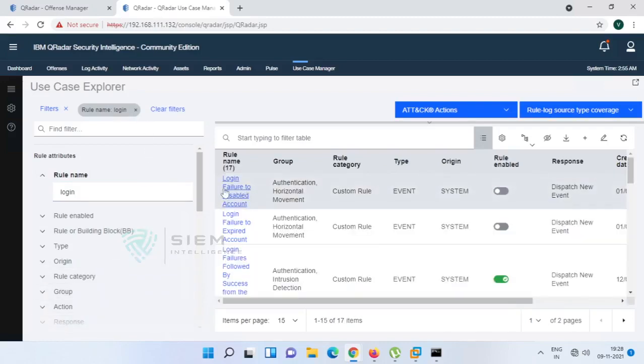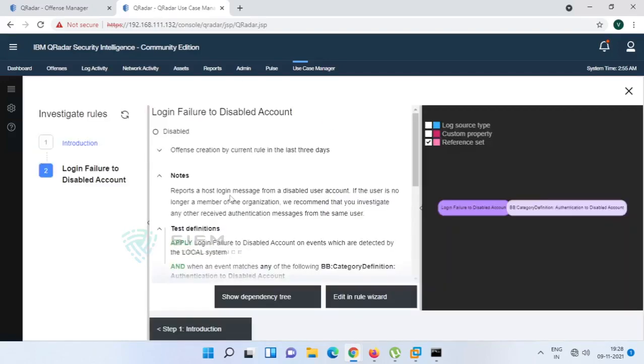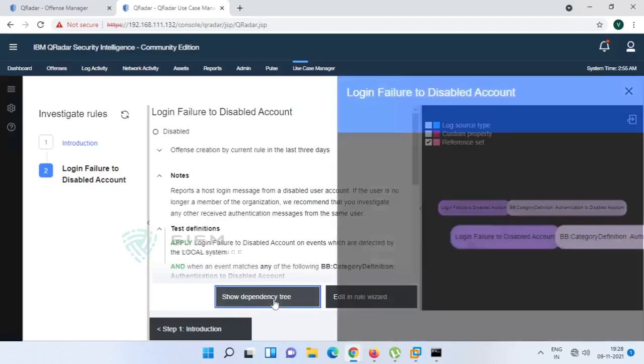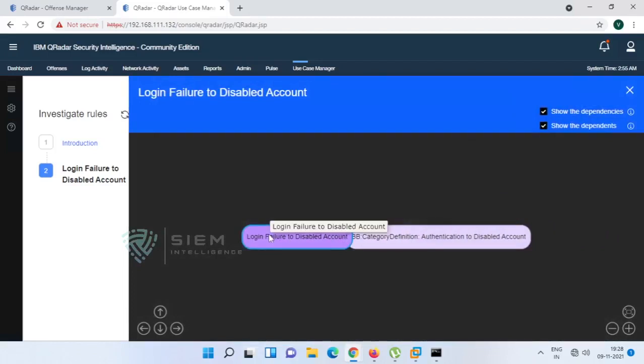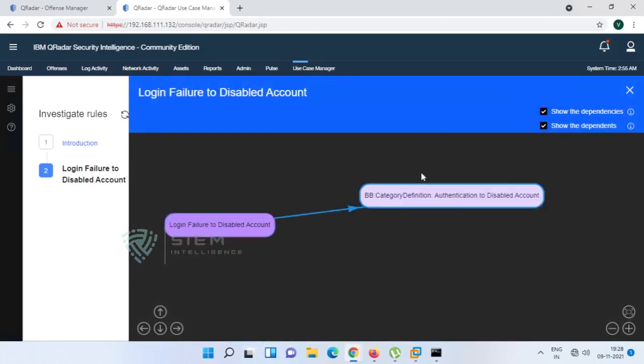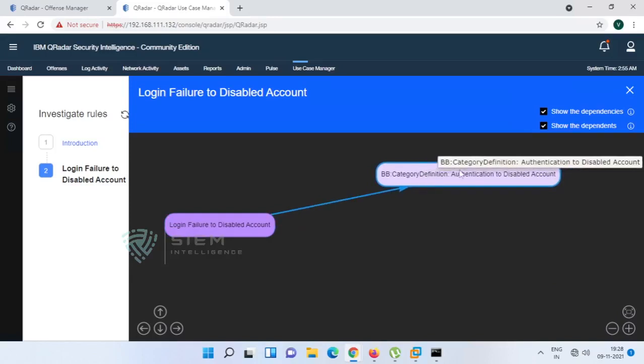Login failure, disabled account. Here it is having some dependency. If you click, you can find all the things, and just click over here, show the dependency tree. So you will find both login failure, disabled account details, and the building block. What is the building block, how it will work out.